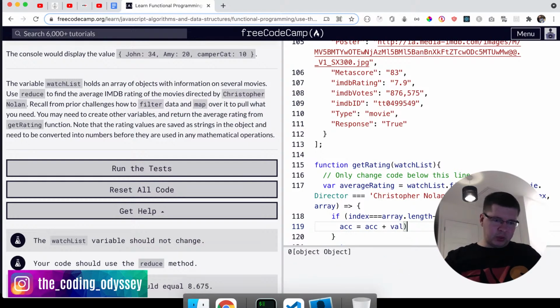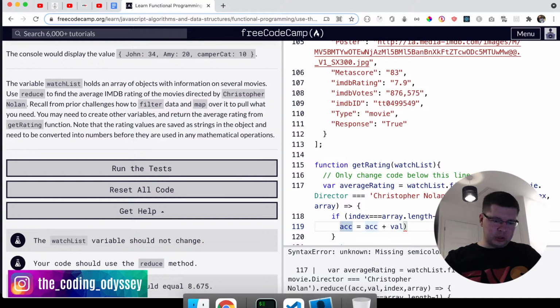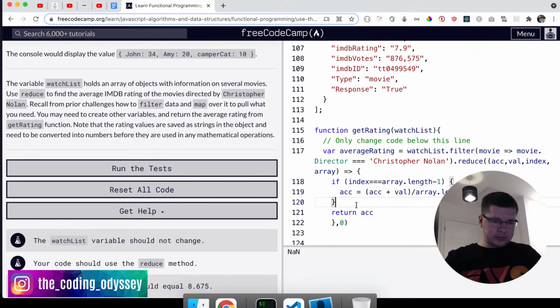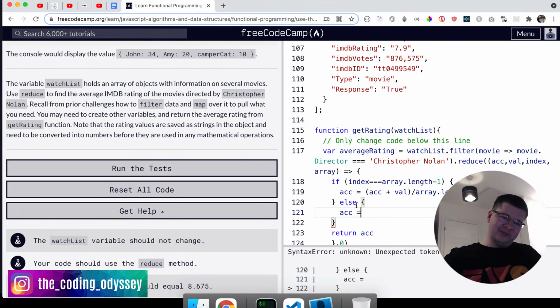But at this moment, when we're at the end, we want to divide this by the array length, right? Else, if it's not the last one, then we'll just keep adding the value to the accumulator. We're only dividing it when we have reached the end, right? Accumulator equals